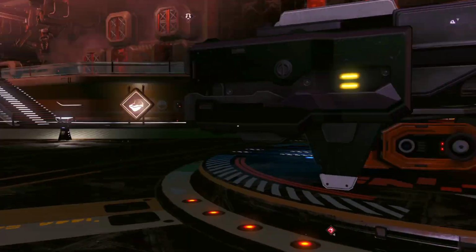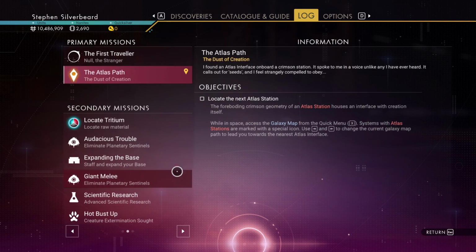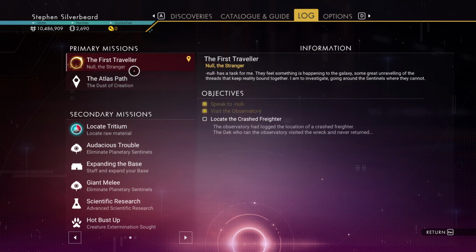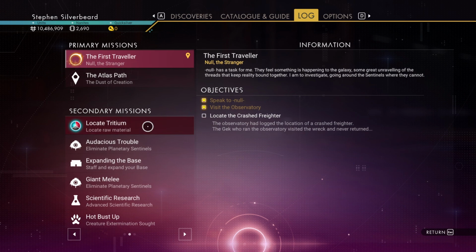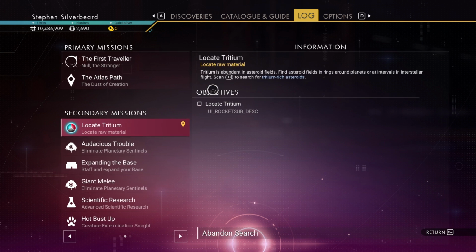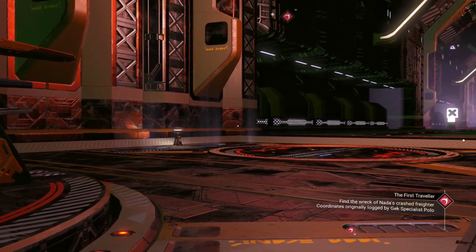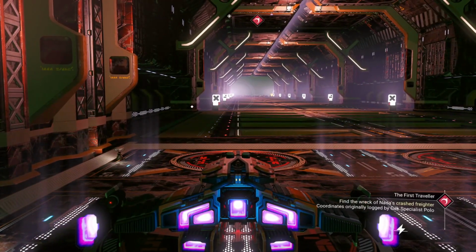In the last part we were working on the first traveller mission and we had a couple of digressions into other areas, but in this part I want to carry on with the first traveller just to see if we can get it out the way. Plus I've got a bit of an odd mission here. It says locate Tritium. I'm not exactly sure why, but we maybe do that just to get it out the way as well. So what we're going to do is jump straight into the ship, and as we're leaving the